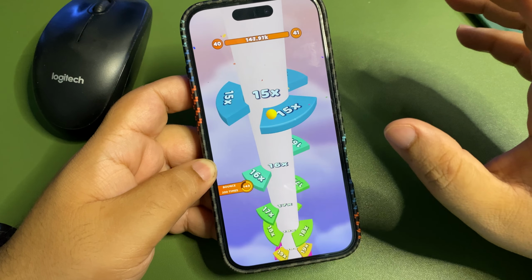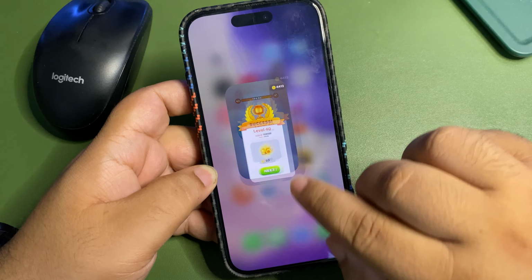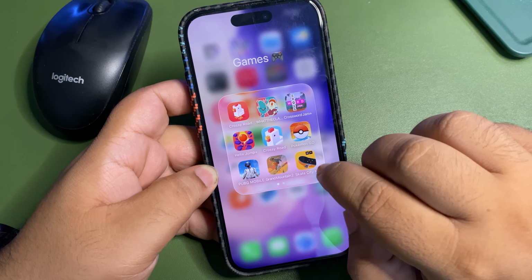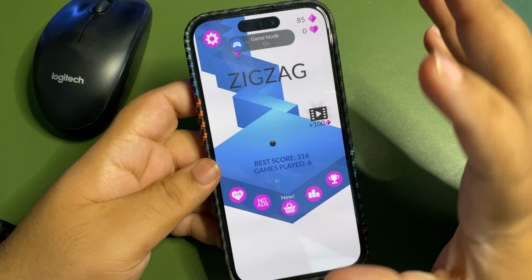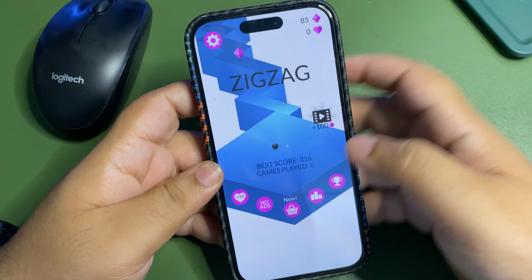But yeah, there was a bit of a lag over there. I'm not happy with this lag, being very honest. If I go and try any other game, I'm not sure. Let's see. I have some basic classic games that I like to play on this device. So yeah,